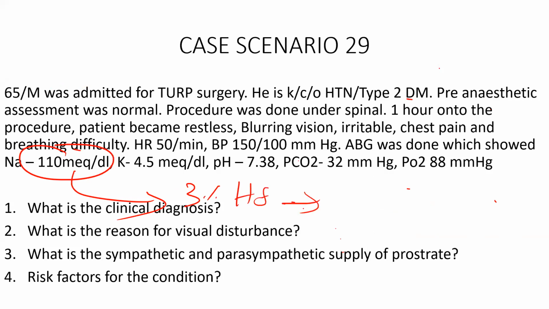So what will be your correction target? Sir, 120. The sodium should not increase more than 8 milliequivalents in 24 hours. That's the most important thing. If you rapidly increase the sodium, that can result in central pontine myelinolysis. So if you're measuring after 24 hours, you can reach a maximum of only 118. So you have to calculate how much sodium to replace, and based upon that calculate your infusion rate and the type of fluid you're going to give. Target is not to increase more than 8 milliequivalents in 24 hours.